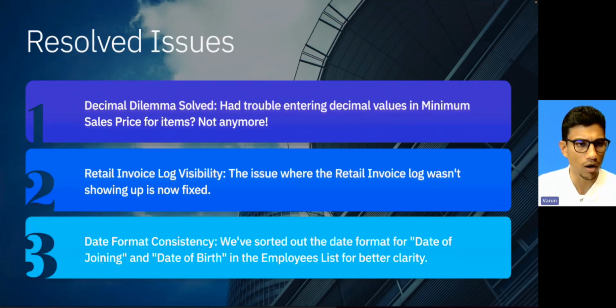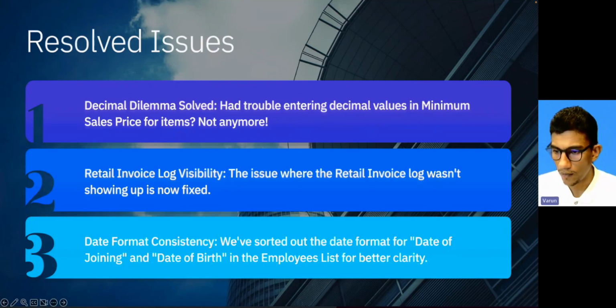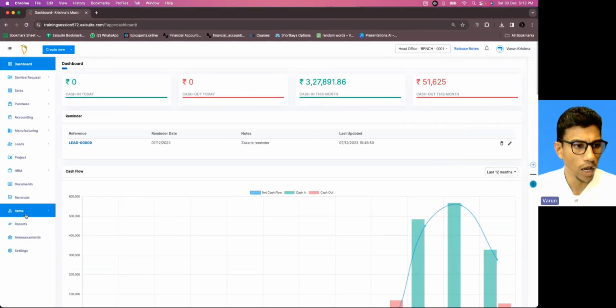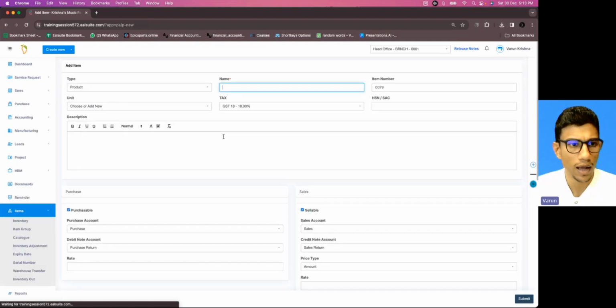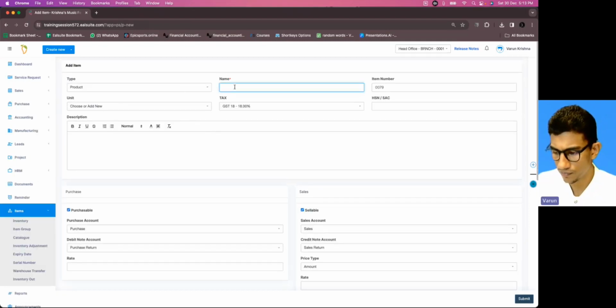This didn't really cause a lot of dilemmas for us. The first one, decimal dilemma, which has been resolved. Had trouble entering the decimal value in minimum sales price for items, not anymore. So the issue was that while we are creating a new item, we had the provision to